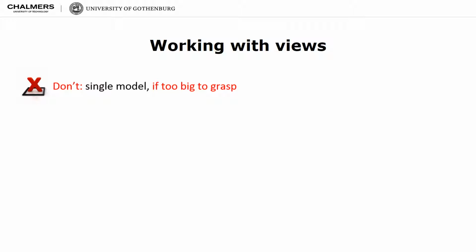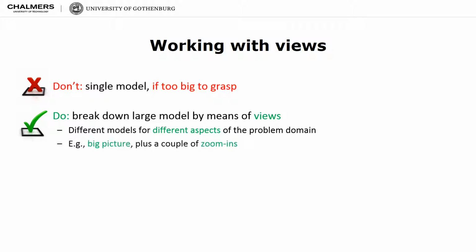So don't use a single model that is too big, but rather break it down and use each single view as an independent model that represents the larger business context from a specific viewpoint, from a specific